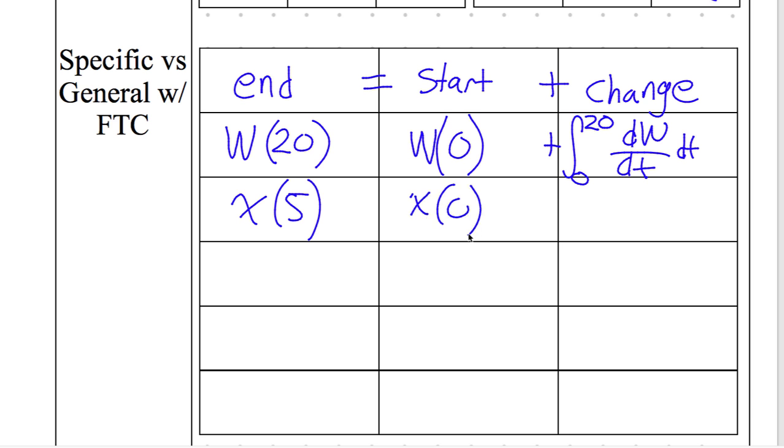Someone aside from Ben. What are my bounds? 0 to 5. So my change plus is going to be an integral from 0 to 5. Of what? And try to use the notation that we just used up above. Should be